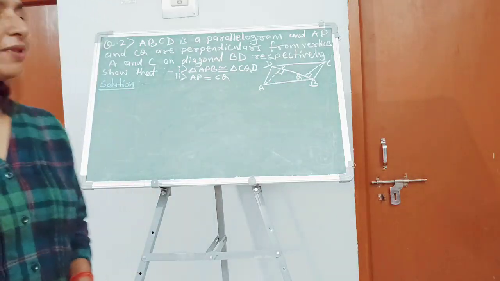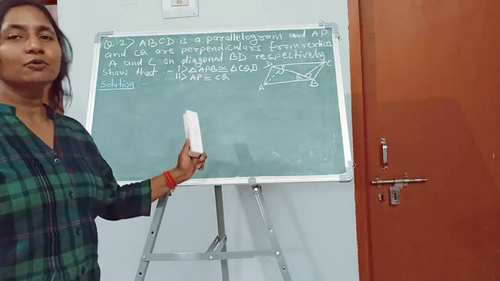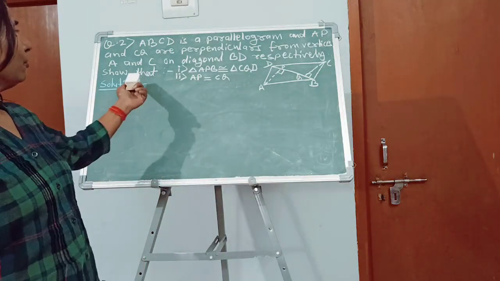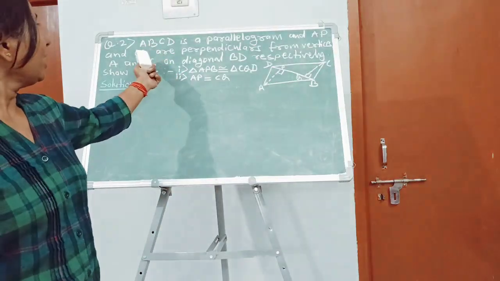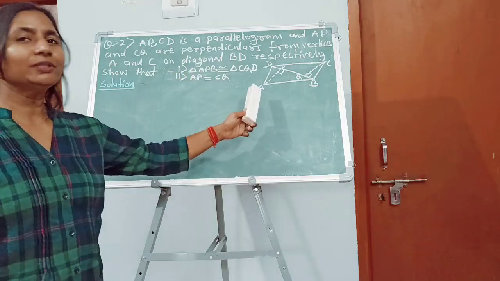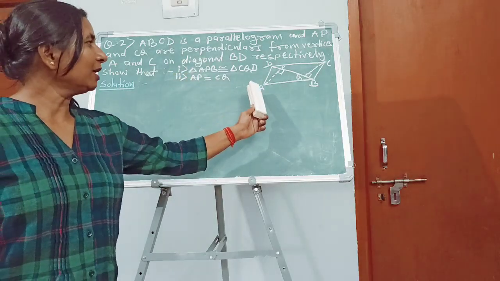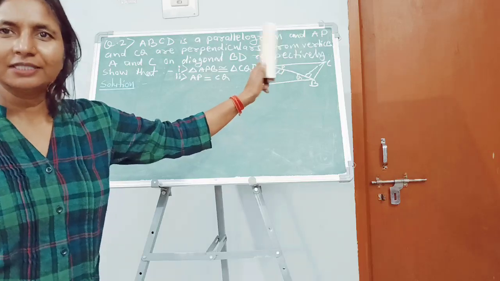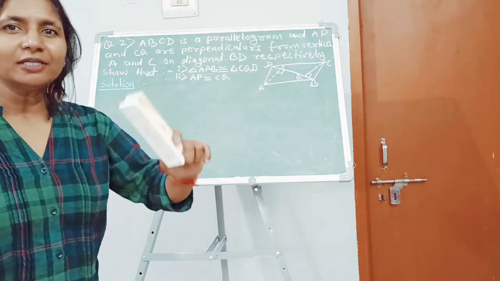Very good evening. So let us continue question 2 of the chapter quadrilaterals. What is the question? ABCD, you see, this quadrilateral ABCD is a parallelogram. So dear children, just remember